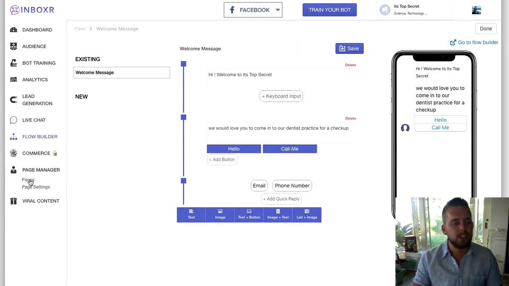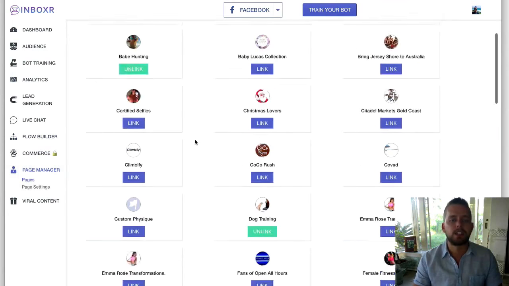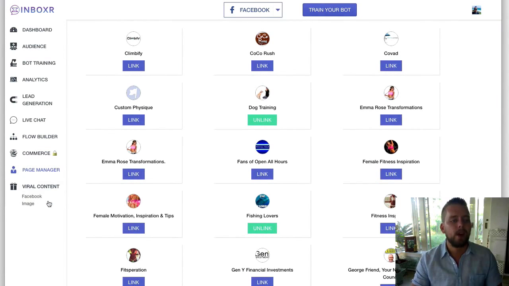Page Manager essentially is where, again, you can go in and connect your pages and unlink your pages and whatnot. And viral content is a launch week only bonus. It's a great